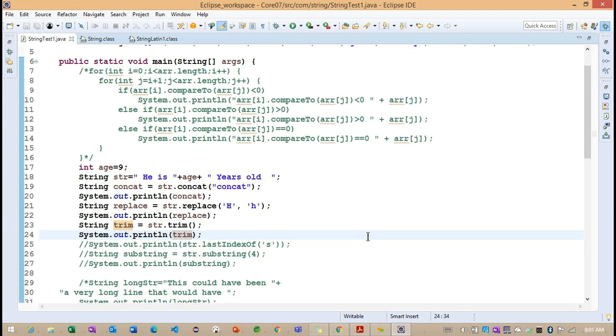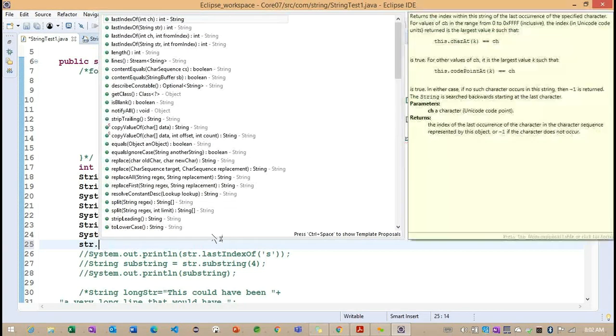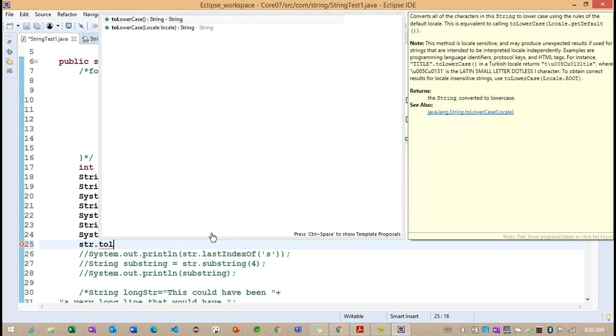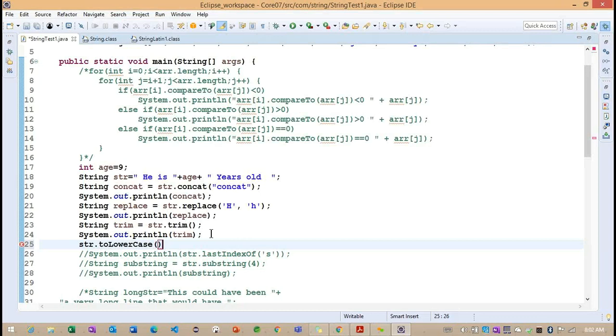Okay. So along with that, we have some other concepts here: the lowercase method and the uppercase method. Basically, the lowercase method and the uppercase method will convert the entire string into lowercase, or convert it into uppercase. Okay. str dot toLowerCase.